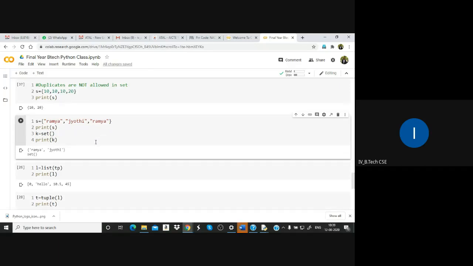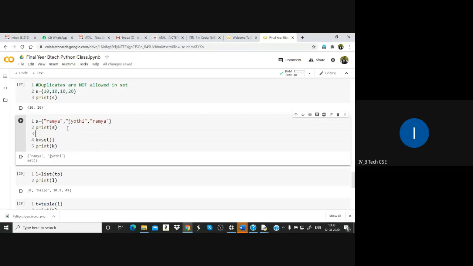This will create an empty set. Like this you can create a set using the set function; that is allowed, that is possible. That is the advantage of set.